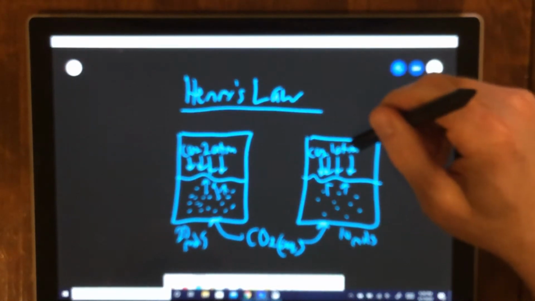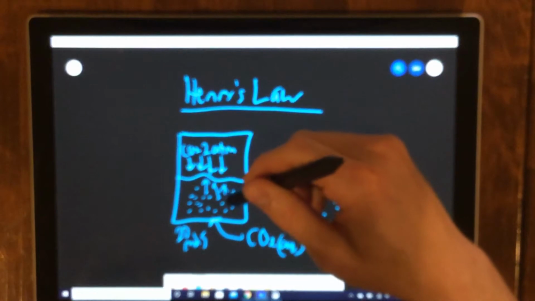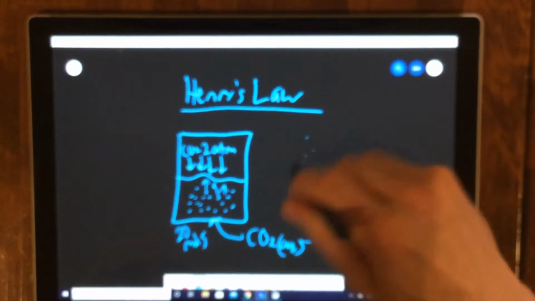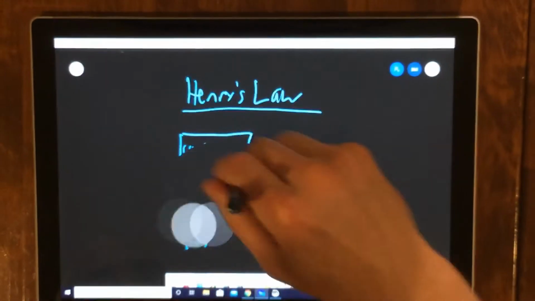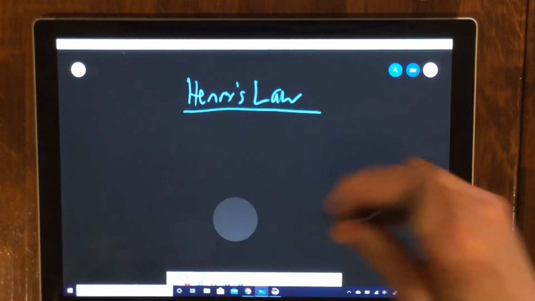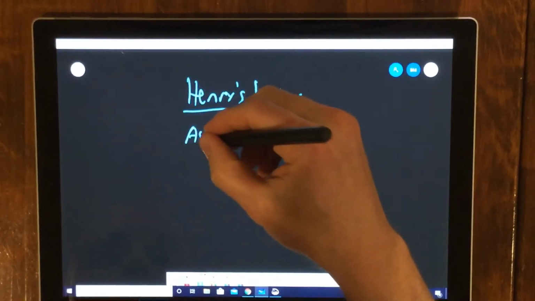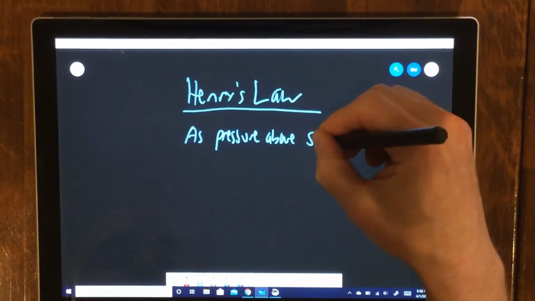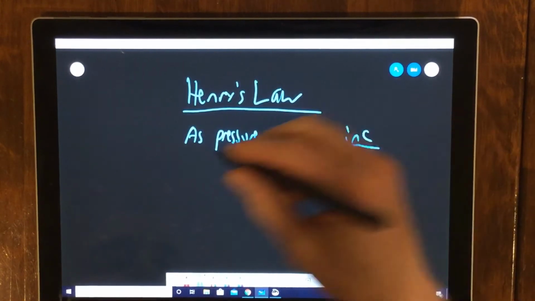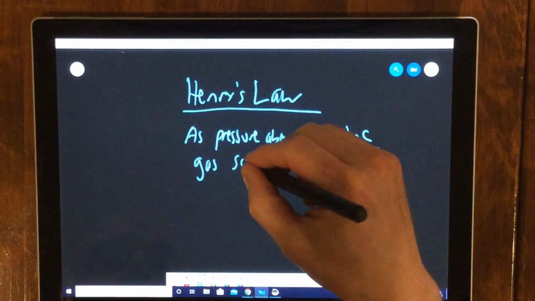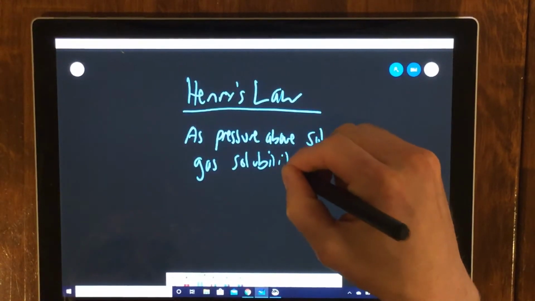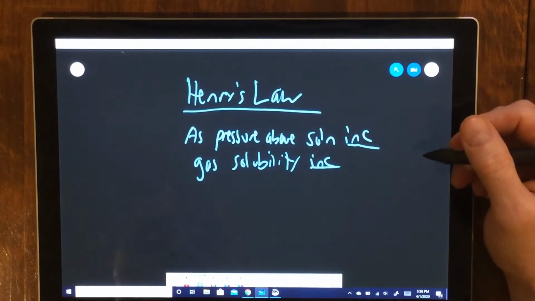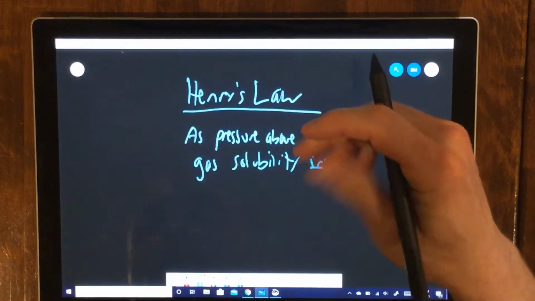So higher pressure pushing down, more particles stay dissolved, and less pressure means less particles dissolved. That's Henry's Law, and that is only for gases, right? So Henry's Law: as pressure above solution increases, gas solubility increases. All right, so if you have a bottle of soda and you open it up and it goes psst,